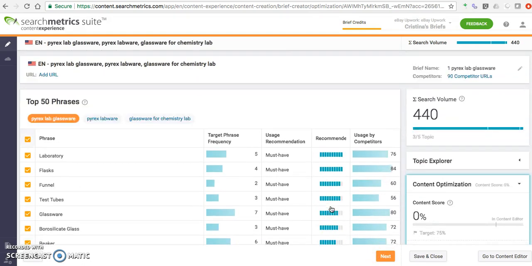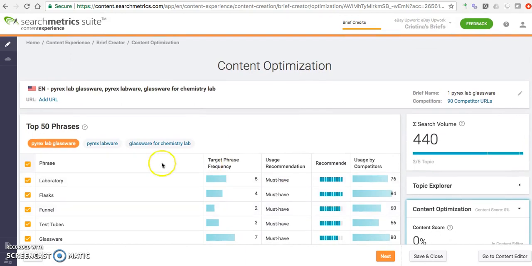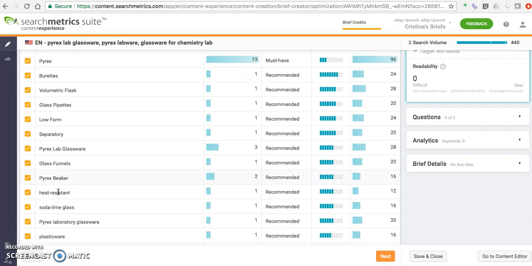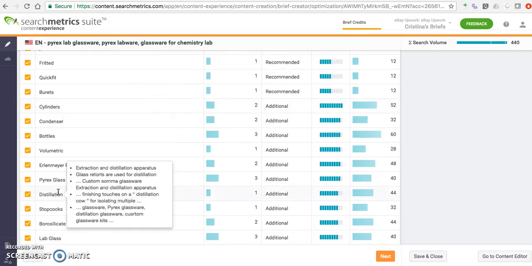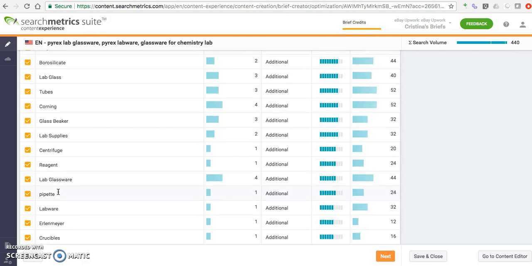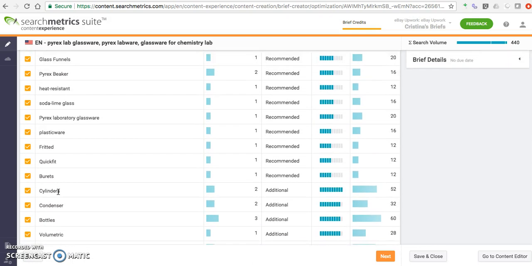Select Next. Here we have the list of keywords that are generated from the topics that we have selected, or the categories of products that we have selected. There will be 50 phrases or 50 keywords that are related to each of the categories or topics. So if I look through here, what you want to do is go through and deselect any of the keywords